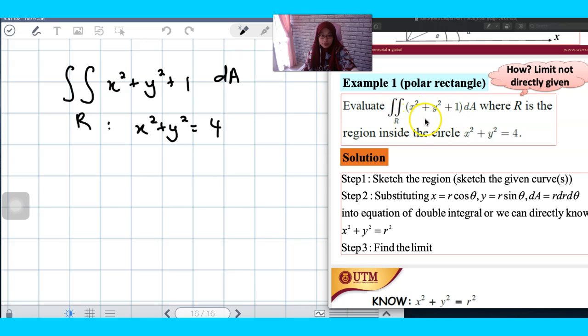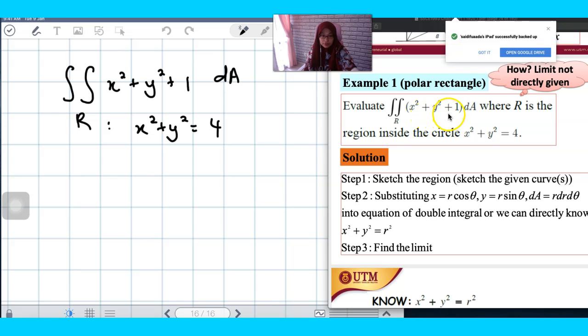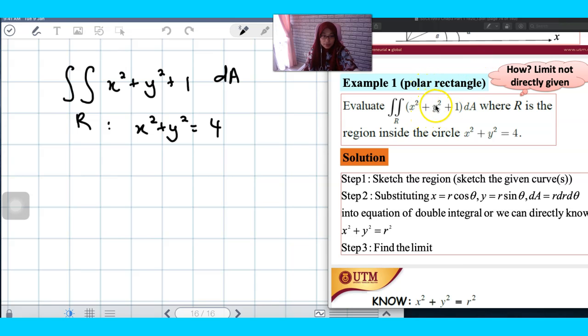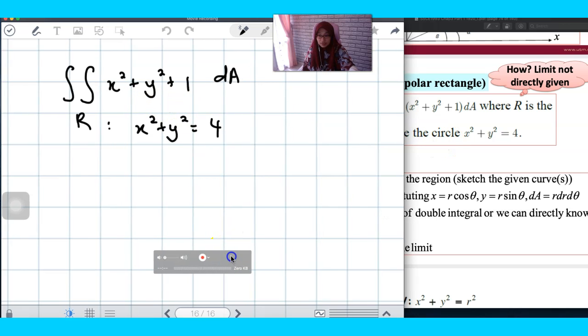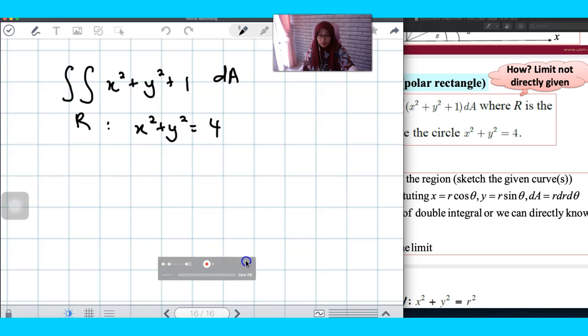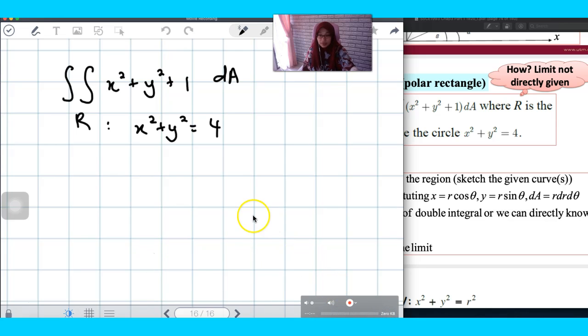You are given a double integral. The integrand is x squared plus y squared plus 1 dA, where the region is a circle. Since it is a circle, it is good if we can solve the double integral in polar, since it's simpler. The way of integration, you will get simpler steps rather than if you proceed in Cartesian coordinate,